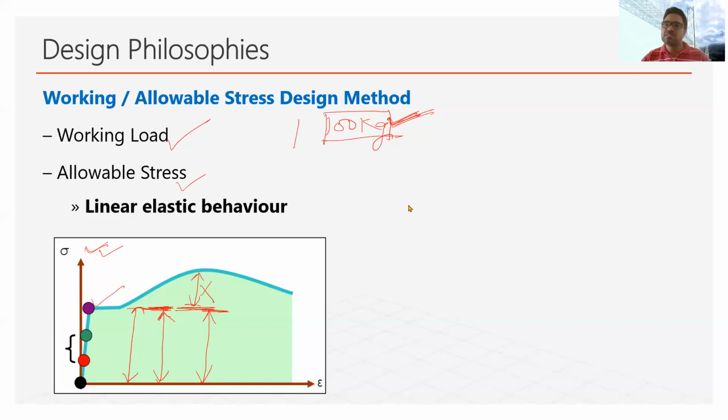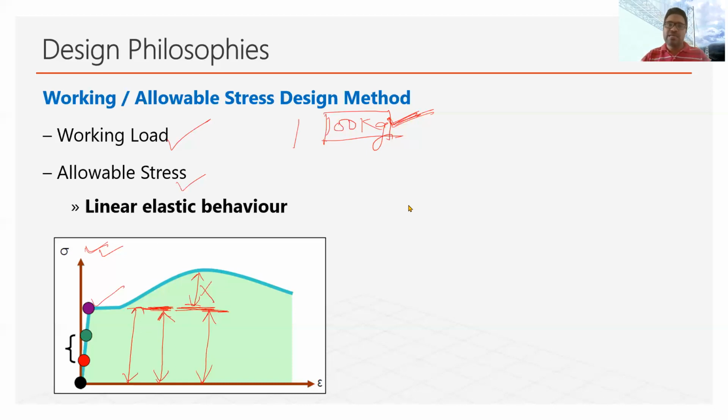So if we consider that a person's average life is say 70 years or 80 years, now we have to find out that load which this person can carry for his entire life. So this 80 years or 70 years, which is the life this person has, we can consider as a design life. So for this design intended life, this person can carry say up to 80 kg. How much load this person can carry, that we have to find out. So this load which this person can carry for his entire life will be known as the working load.